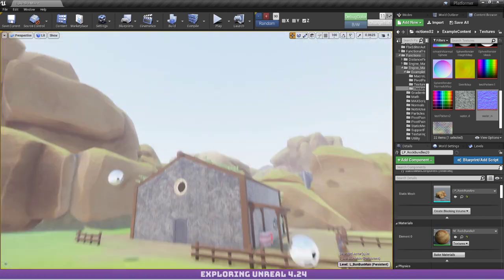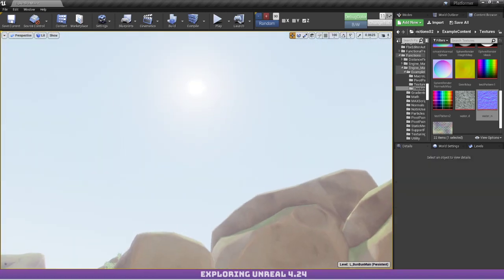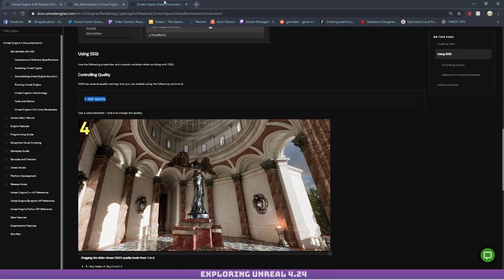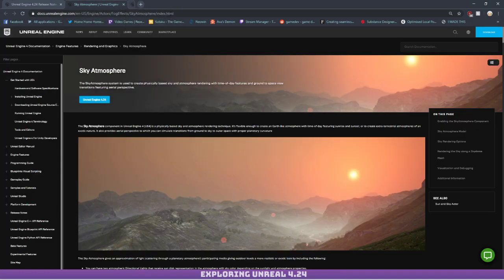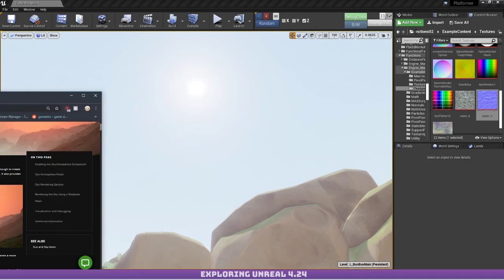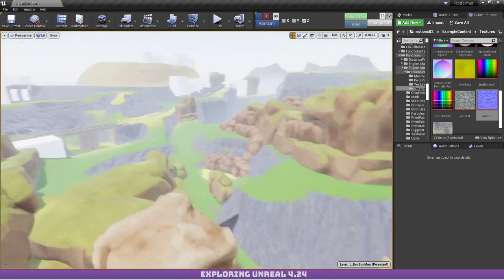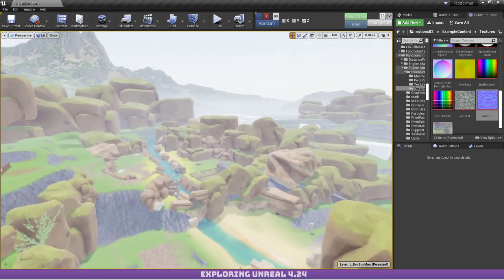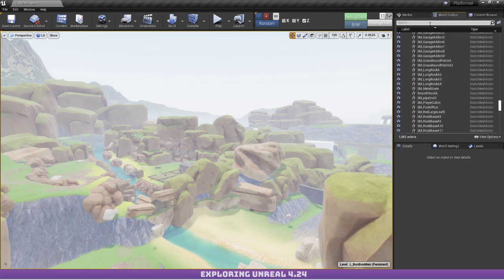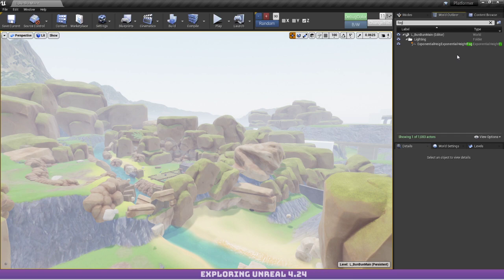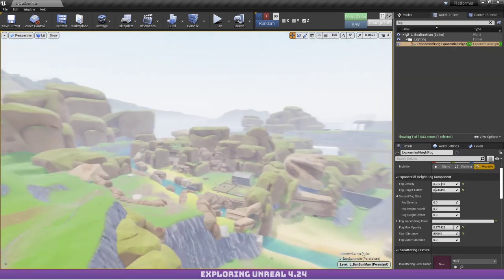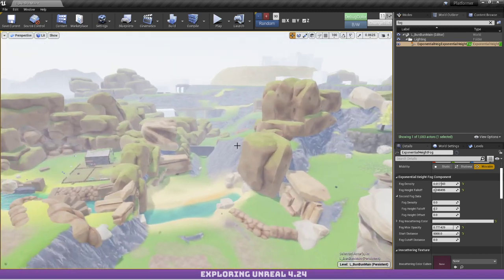Alright. And then I've been playing around with the sky and stuff, but now obviously we have docs on that, so I wanted to check that out. So that would be sky atmosphere here. I think the one thing that I kind of broke in playing around with it was my height fog. So reading that will be nice. So let's first go to my fog. Apparently there's a new thing there as well. Not in fog, but lighting. I saw something about